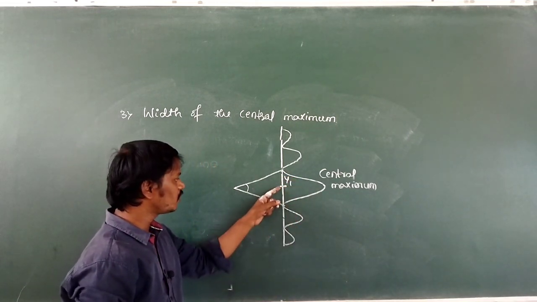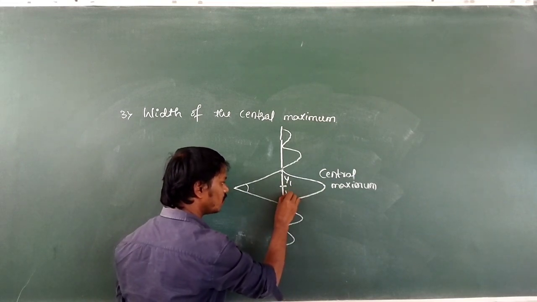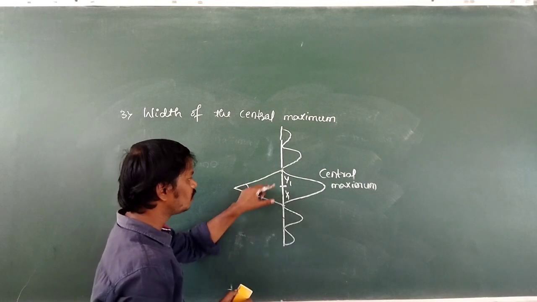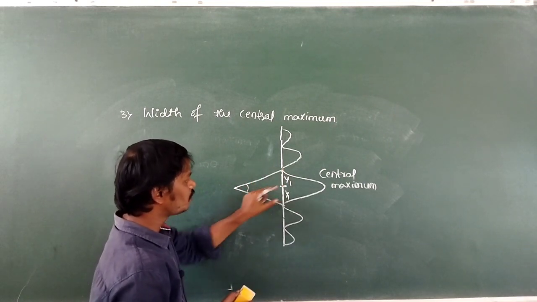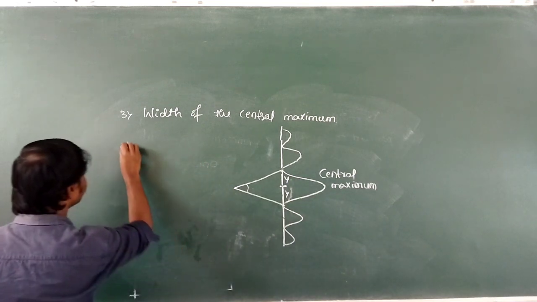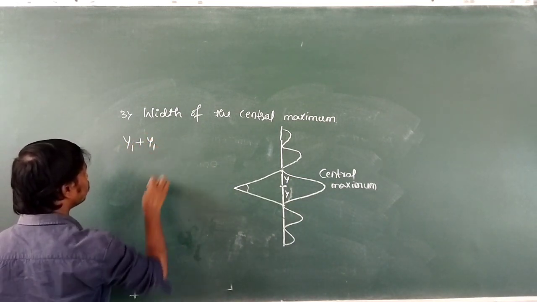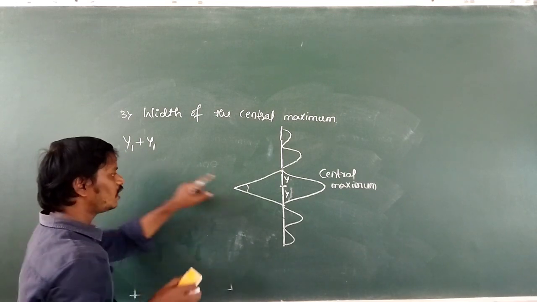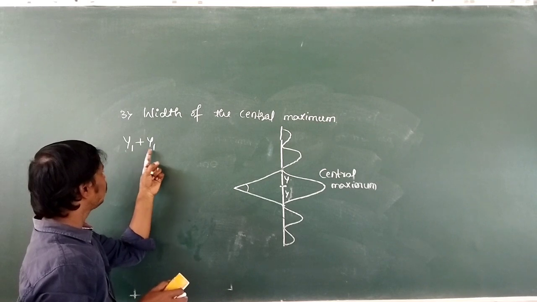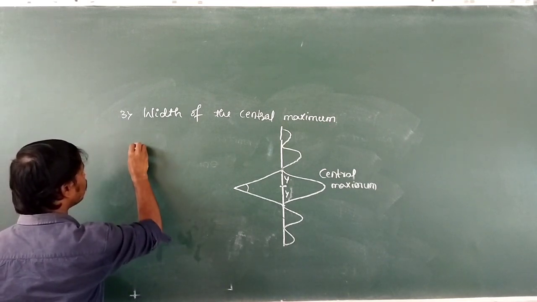Again from the center of the screen, the distance of the first minimum on the other side is also y1. Because both distances are the same, y1 plus y1 can be taken as 2y. This y1 and this y1 are both equal, that is why instead of y1 and y1 I will write y plus y, that is 2y,